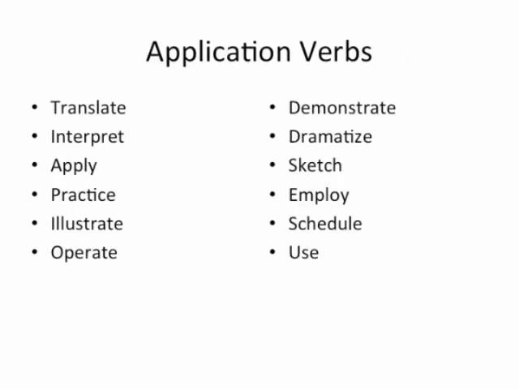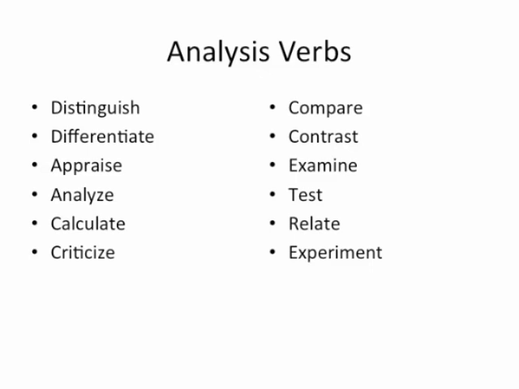So comprehension, some application. And again, some of these might cross over different areas of the taxonomy, but that's okay. It's up to you to make the determination in your context when you're thinking about all the different conditions and putting an objective together. What about analysis? We're becoming a little more cognitively complex.